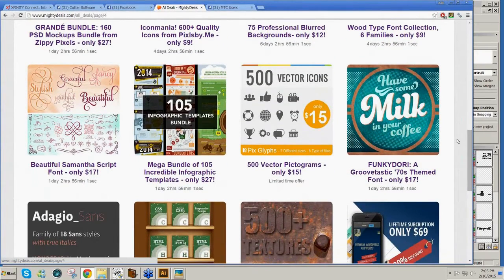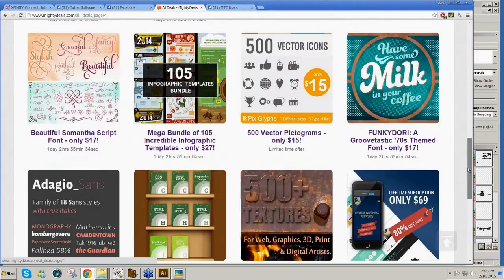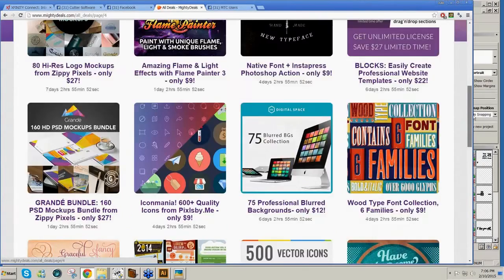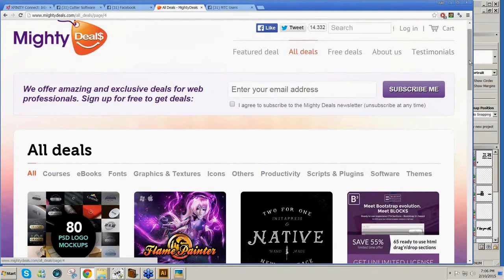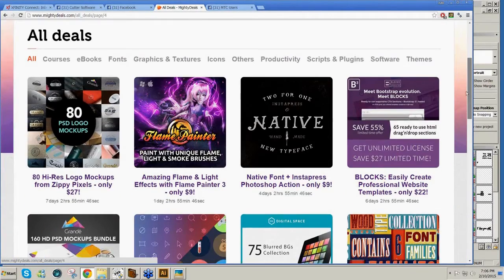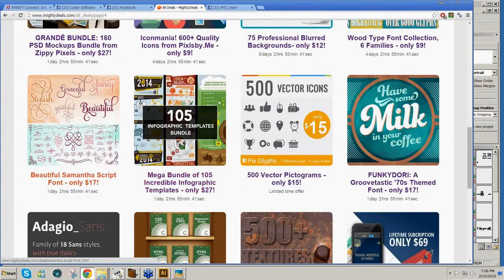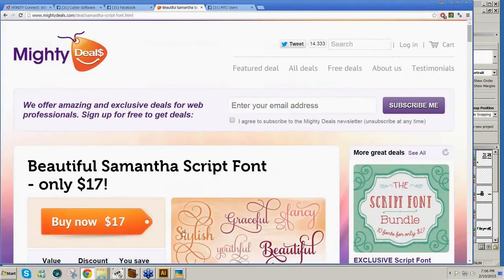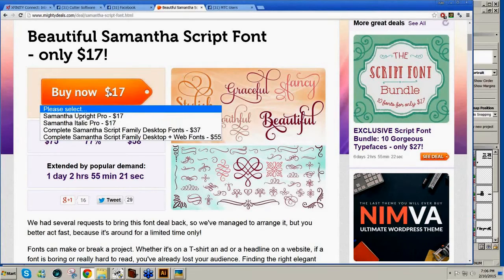And probably the biggest question we get, once people come over here to Mighty Deals, this was on page 4 this time, but the page number does change. If you click on all deals at the top, and then look through the different pages, you'll find the beautiful Samantha font. So we click on the beautiful Samantha font, and you click on the Buy Now, you end up with some